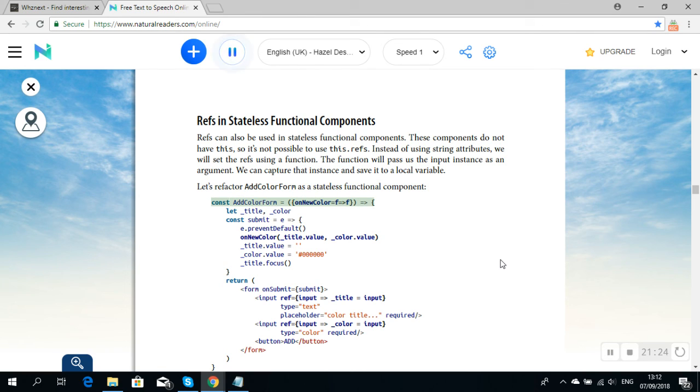const AddColorForm = ({ onNewColor = f => f }) => { let title, color; const submit = e => { e.preventDefault(); onNewColor(title.value, color.value); title.value = ''; color.value = '#000000'; title.focus() }; return ( <form onSubmit={submit}> <input ref={input => title = input} type="text" placeholder="color title..." required /> <input ref={input => color = input} type="color" required />